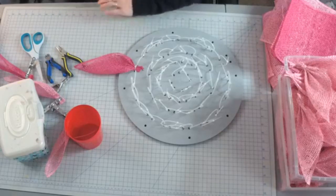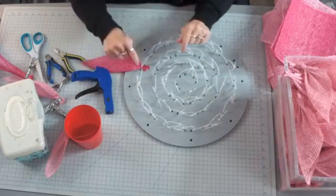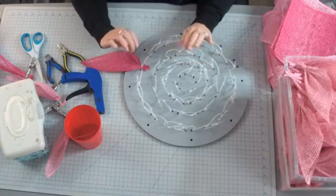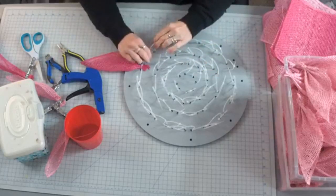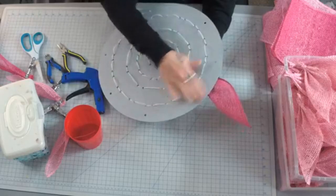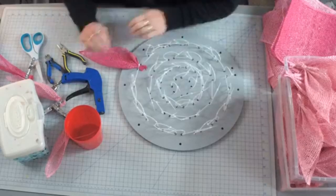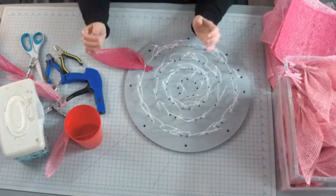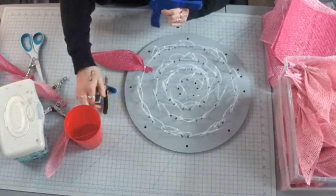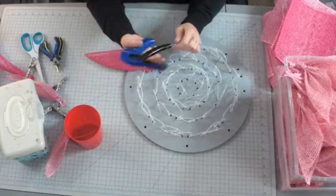Now, if you're going to be doing a lot of Unique in the Creek wreaths, you do not have to use zip ties. You can use pipe cleaners. I love zip ties. I don't like the twisting of the pipe cleaners. I like the nice clean backs that the wreaths will have when you use the zip ties. The zip ties are in there nice and tight, so I know they're going to stay in there for a long time. And they're just stronger. So you can use the pliers and the nippers,